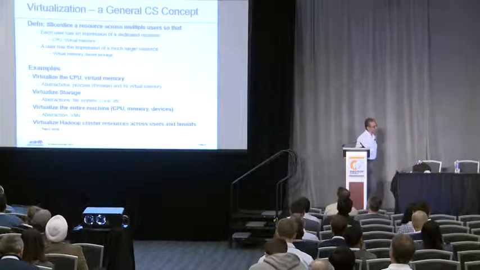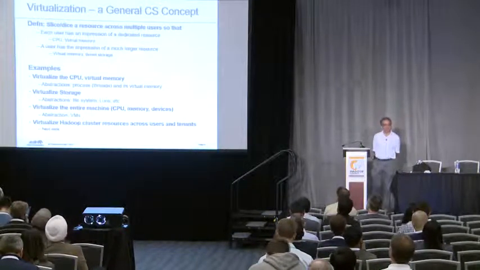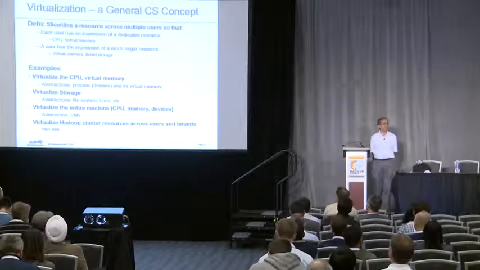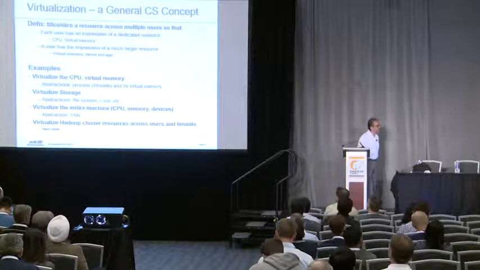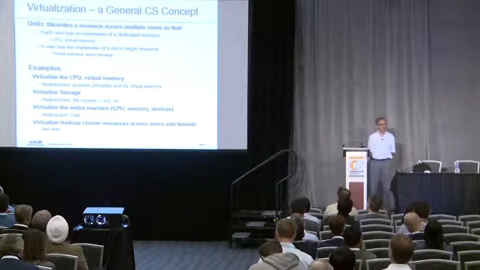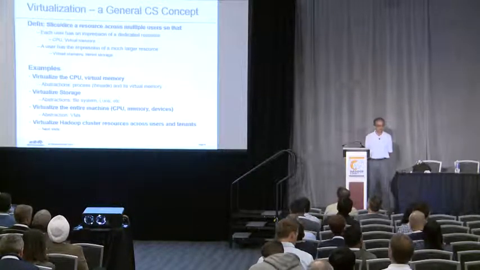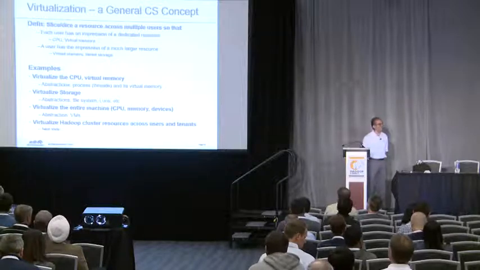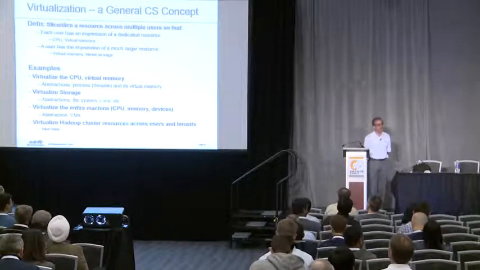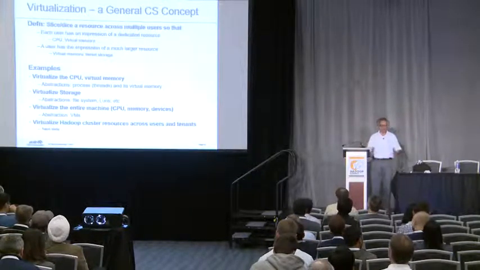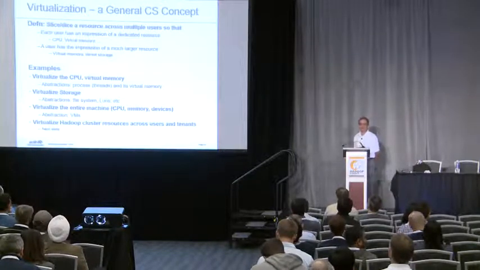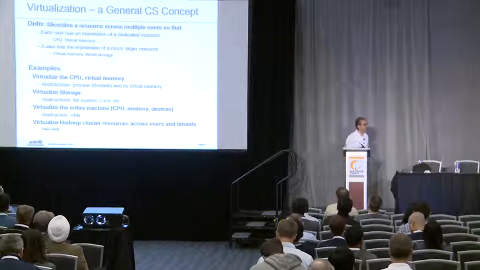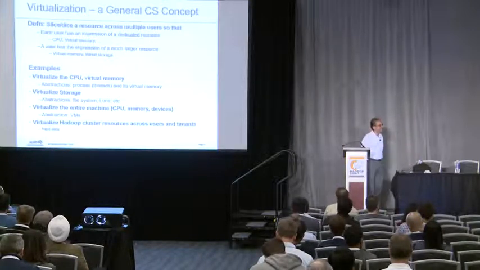So virtualization is a general computer science concept that predates virtual machines by many decades. The general idea is that you have a resource or a set of resources that you want to slice and dice across a set of users, so that each user has the impression that he's actually got a dedicated resource. For example, an operating system slices and dices the CPU